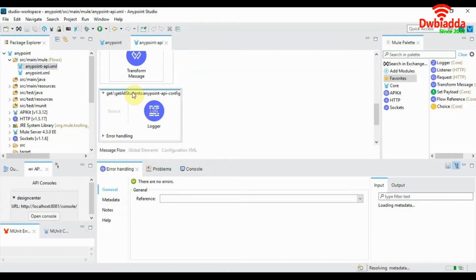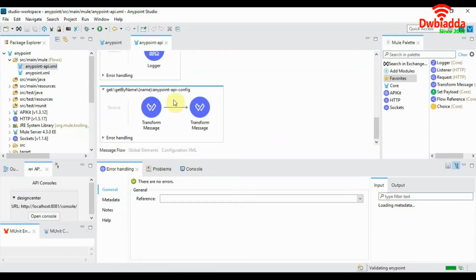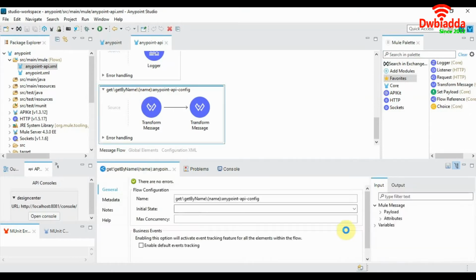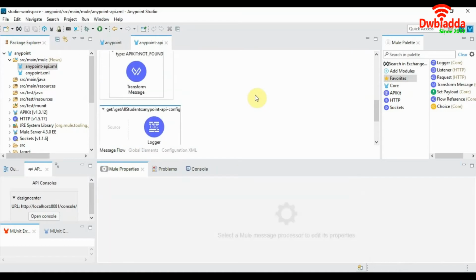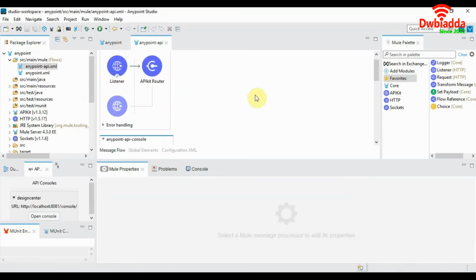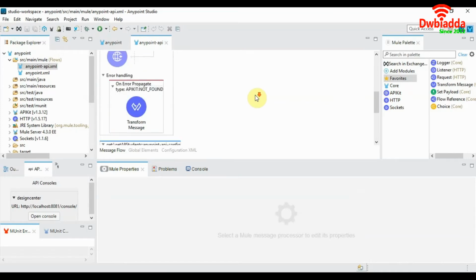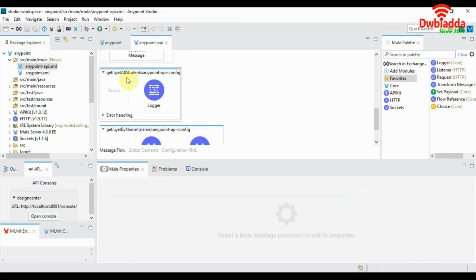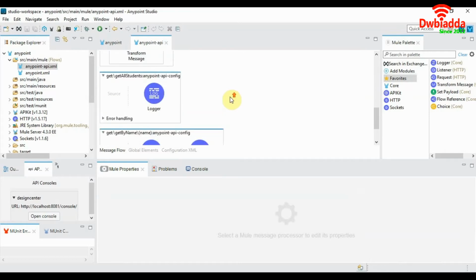So we have the get all students endpoint and we have the get by name / name endpoint. If we go under the attributes and look at URI params, we can see that it's expecting a name URI parameter in the form of string. So our RAML import has succeeded, and we have two flows generated for our endpoints right here.